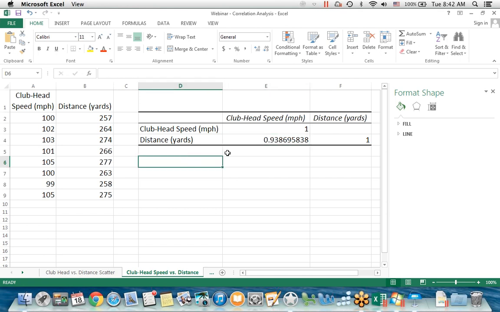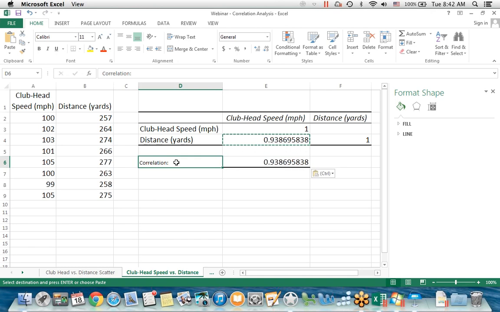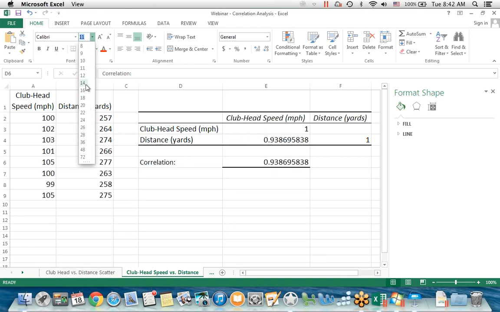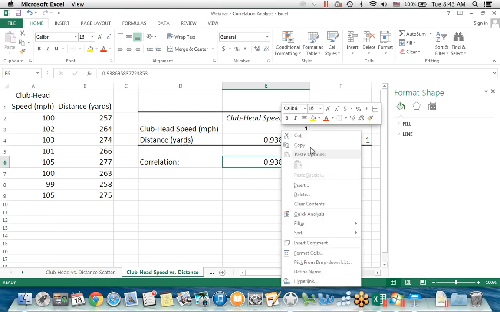So my R value, or the correlation for this, is this number. My correlation is 0.938695838. Now what do I use this for? This number